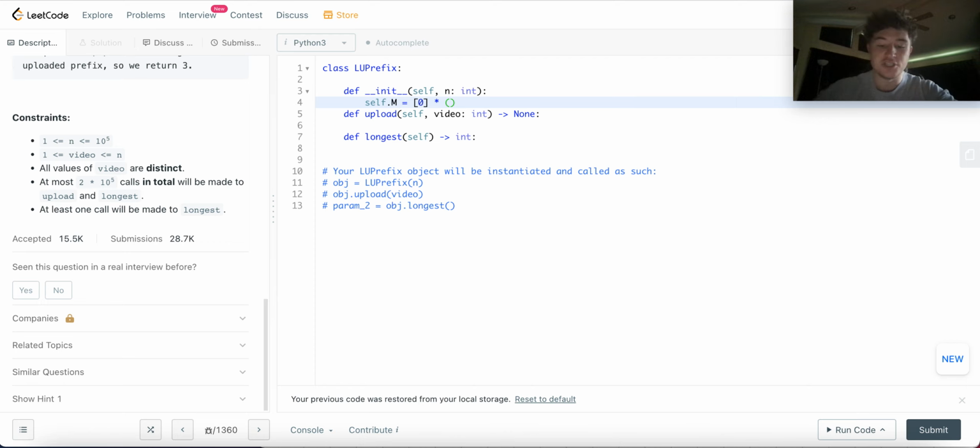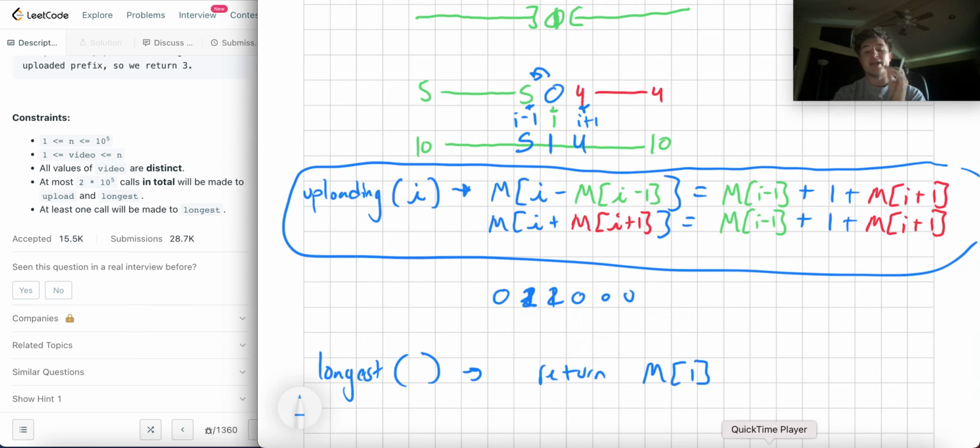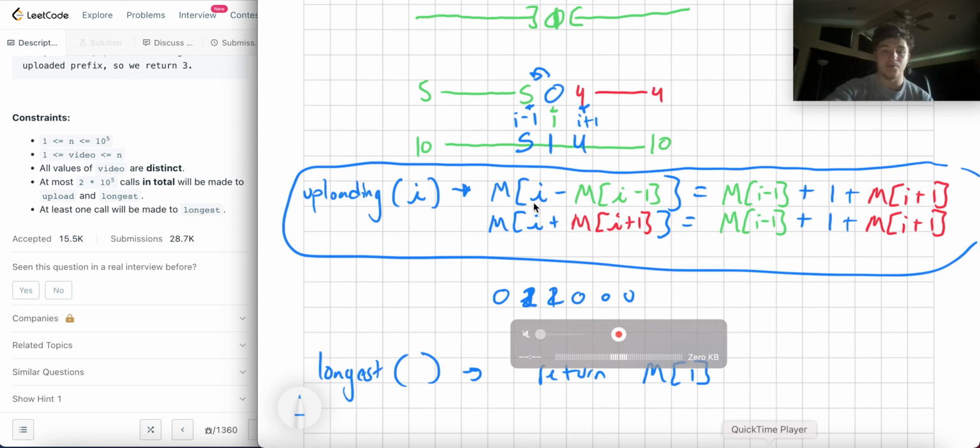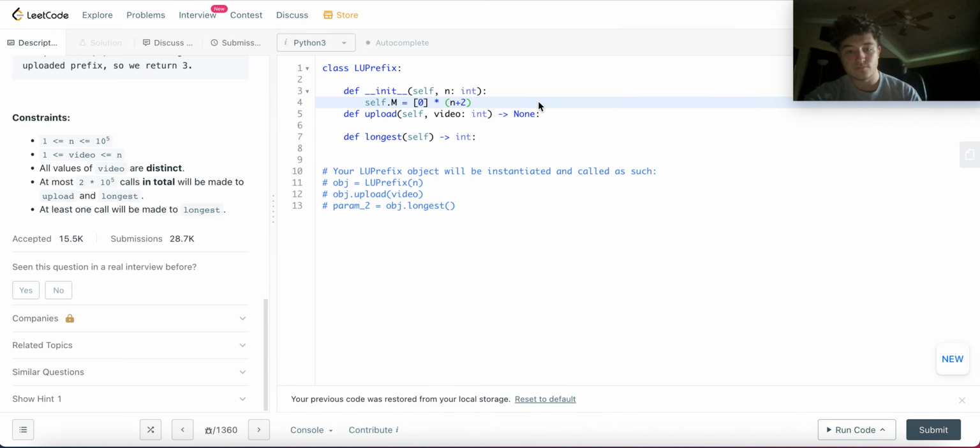So we might as well make it, if there's 5 videos, n plus 2. So we'll capture the 0th video on the left and the non-existing video on the right. This just gives us a little buffer so we don't need to make edge cases and don't go out of boundary, right? We'll just never upload those videos, so we don't need to really consider the implication. It just protects us from having to think about, okay, what if we go too far left or too far right when we add things?